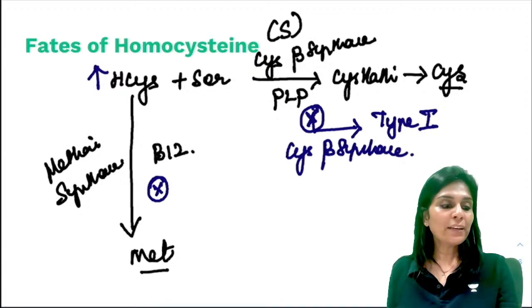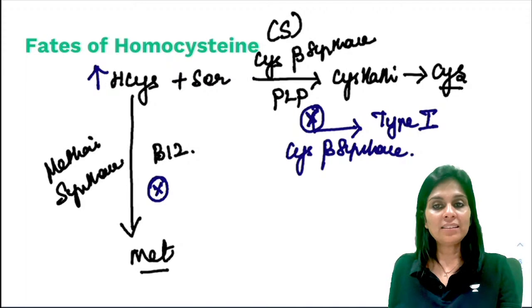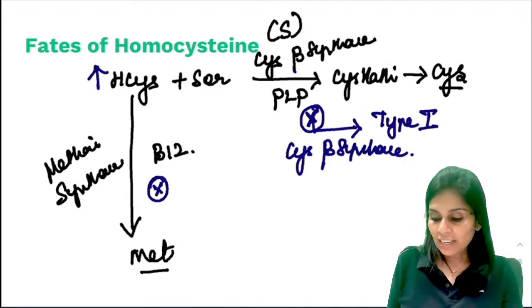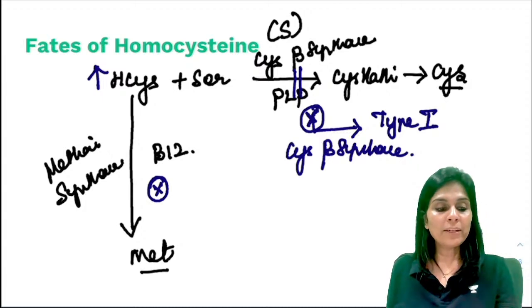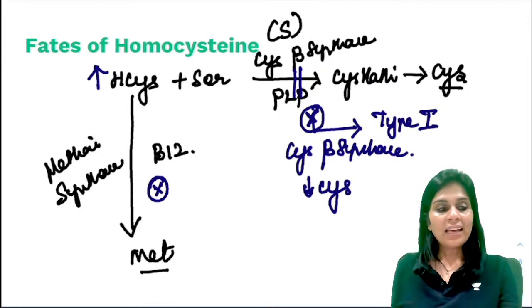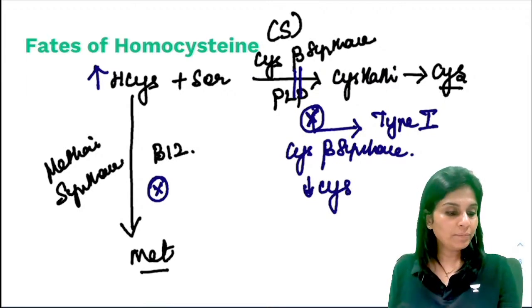And if it's caused by a defect of cystathionine beta synthase, can you tell me what will happen to cysteine levels? The block is here. So what will happen to cysteine level? Cysteine level will be low. And the accumulated homocysteine,